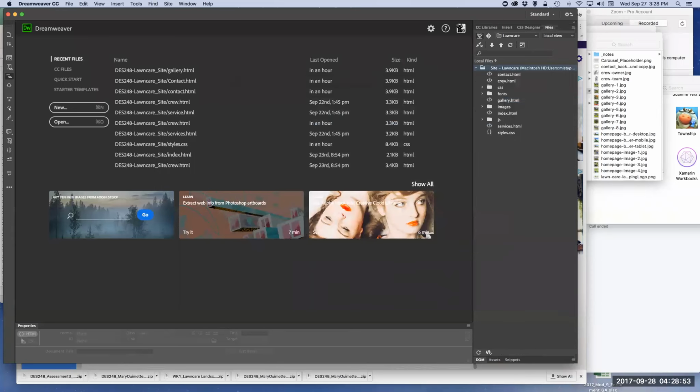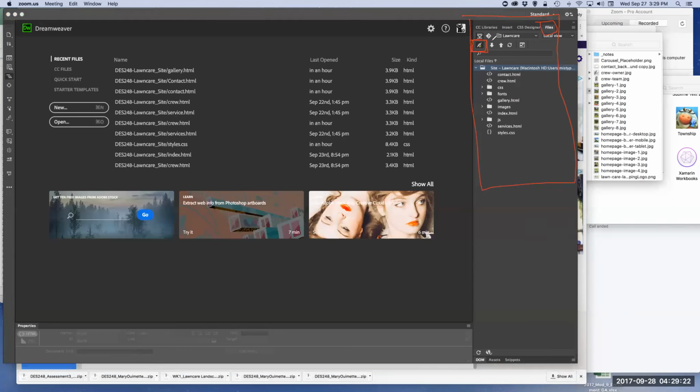Now, in your Files panel, over here on the right-hand side, it's your Files tab. It's on top. You're going to click this little plug-in icon right here. Click it, and it's going to show itself plugged in. You might get that little box popped up. Once it's plugged in, then